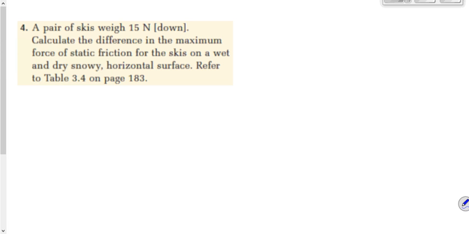We want to find the difference in the maximum force of static friction for the skis on a wet and a dry, snowy horizontal surface. And then, of course, we've got to go back to that table to get the coefficients of friction of wet and dry, snowy surface here. What do we got here? We're going to use the, is it kinetic or static actually? Static, yeah, it's static friction. Okay, the maximum force of static friction, F_s max, is equal to mu